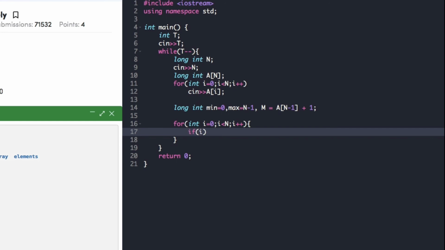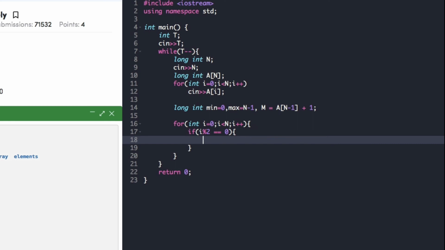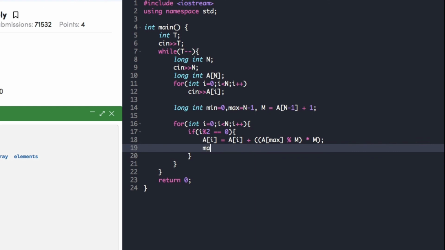In case i points to an even index, that is if i mod 2 is equal to 0, then we make use of the formula a of i is equal to a of i plus a of max mod m into m, and then we decrement the value of max.